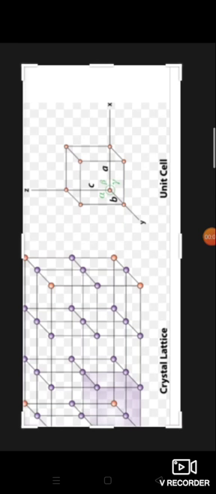Crystal lattice and unit cell. A characteristic of all crystalline solids is the periodic arrangement of the constituent particles. If each constituent particle is replaced by a point, we get a periodic arrangement of points. A periodic arrangement of points is called a lattice, and each point is called a lattice point.